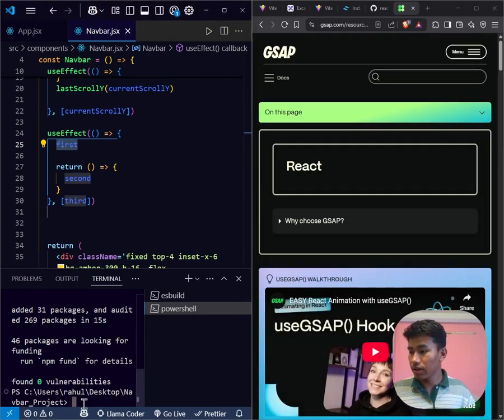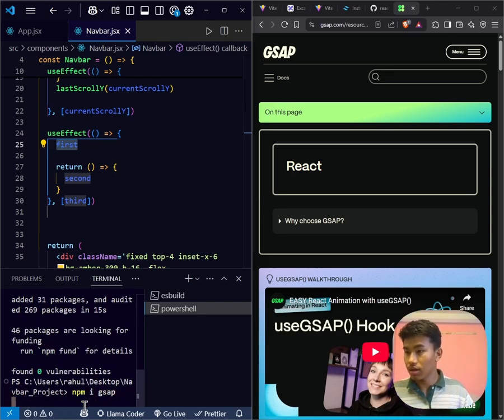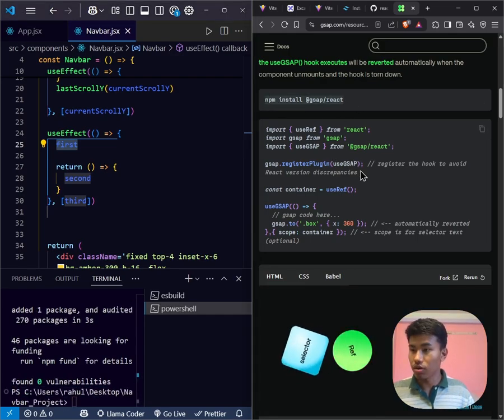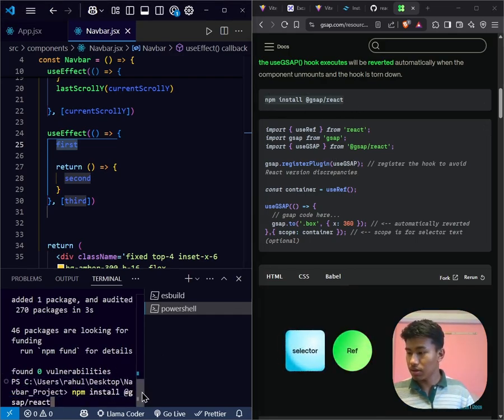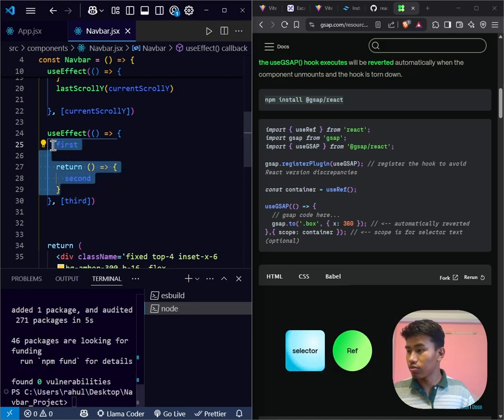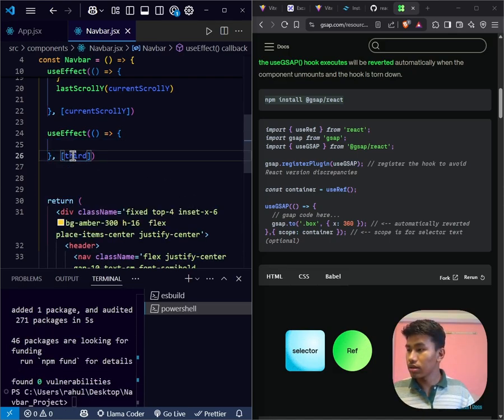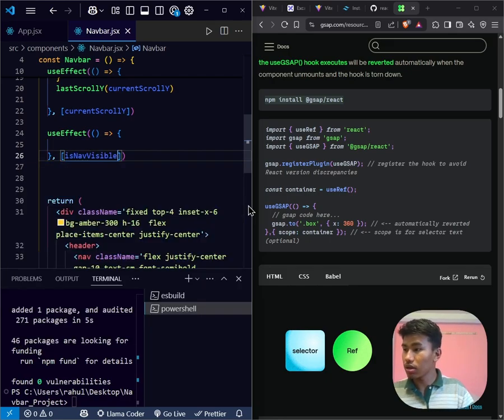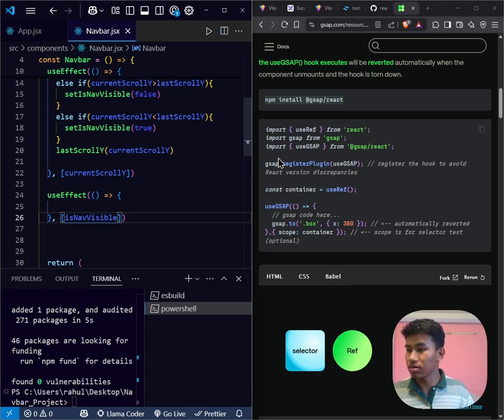So first of all, we need to install GSAP. So let's install npm i gsap. Then we also have to install this package to work with React. Copy and paste this and enter. Till then, let's remove this. And this is going to be triggered when the nav visual is changed. So we are going to use